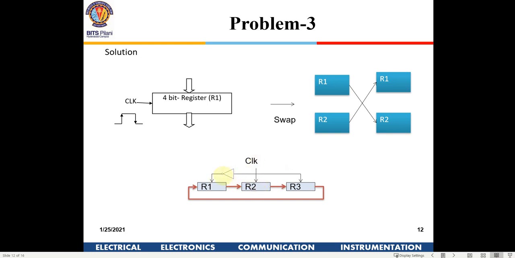So what happens is when the clock is going low, data from R1 will be shifted to R2, and when the clock goes from low to high, it will be shifted from R2 to R3, and then that is fed back to R1. So in this configuration, we avoid the race around condition. Is this clear why we need to have it? It works essentially like a master slave flip-flop. That is the reason we need to have 3 registers like this. Is this clear to all of you?